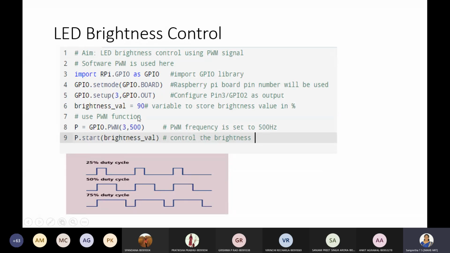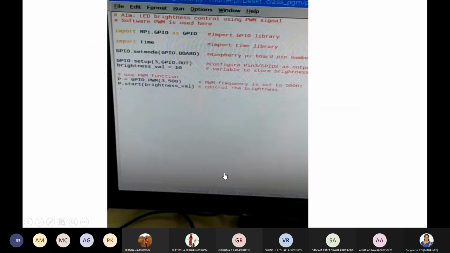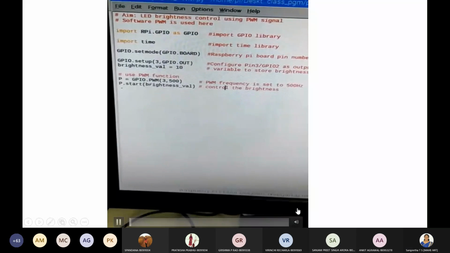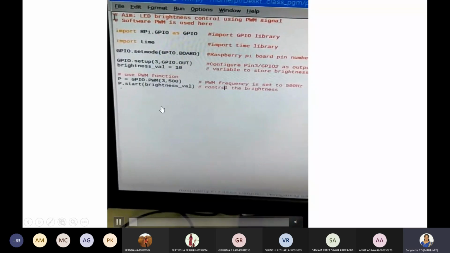That means 90% of the time, corresponding to a clock, a logic high is given. So let us see the same code.